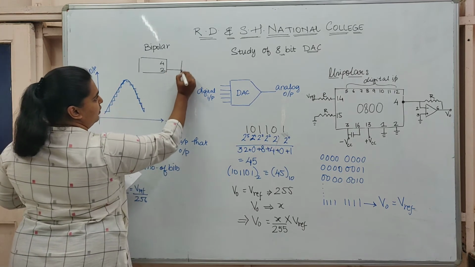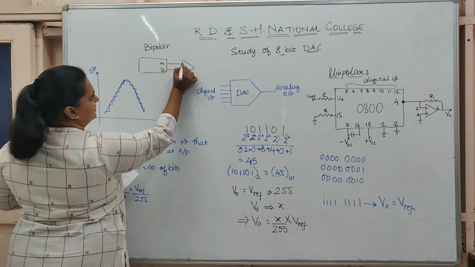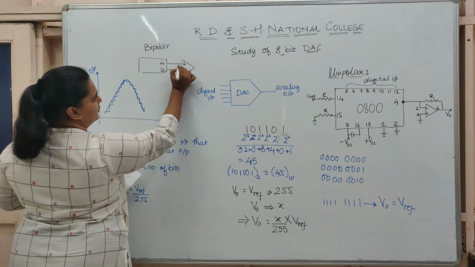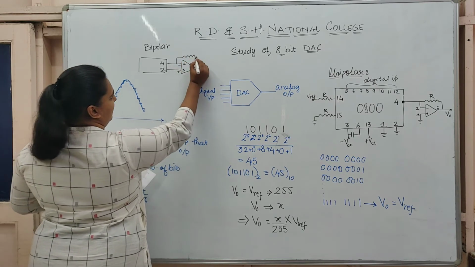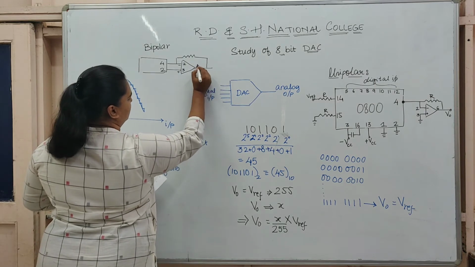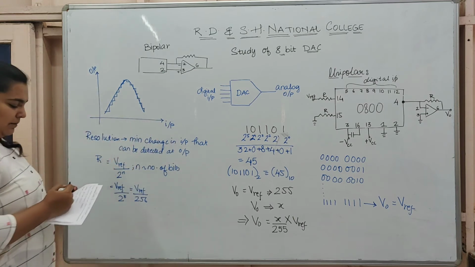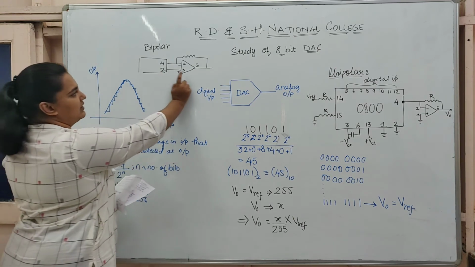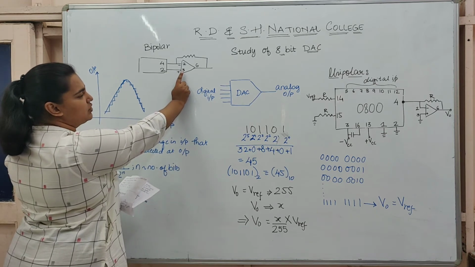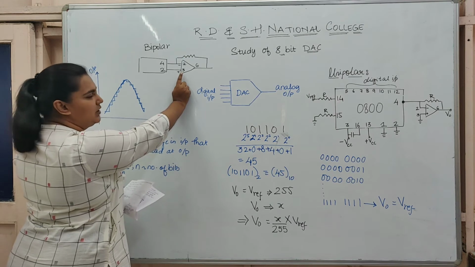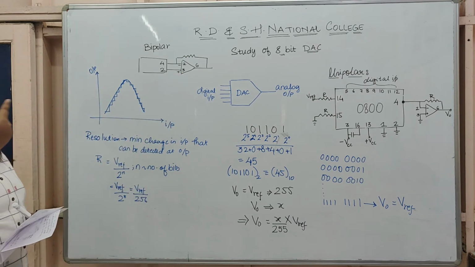Pin number 2 will go to the non-inverting input of your op-amp, and this pin number 4 will go to the inverting input. The rest of the thing will be the same: you have a feedback resistance here which is connected to the output of your op-amp. You have plus and minus VCC. Rest everything is same. But now pin number 2 connected to pin number 3 implies that you also have input voltage coming at the non-inverting terminal, and hence your op-amp will work in both the ranges, which is for positive